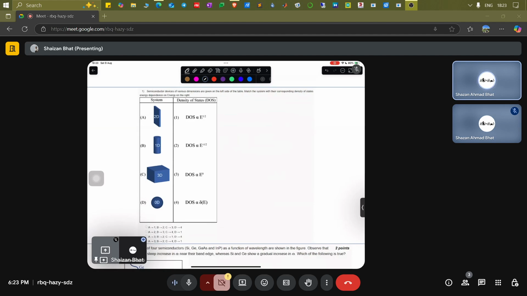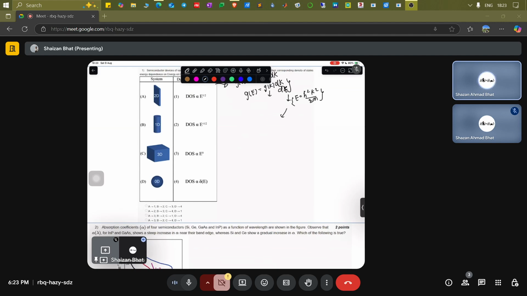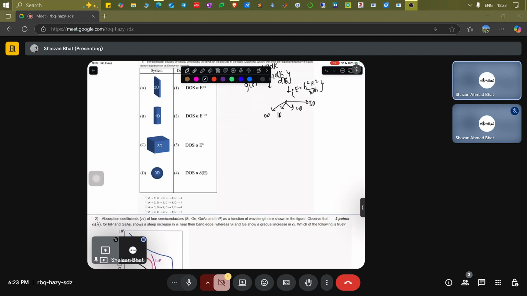If we talk about semiconductor devices in various dimensions, we need to match the density of states, which we have shown that you can write density of states GD to be equivalent to GK dk. You can write then density of states in E to be equivalent to GK dk over dE. GK you can find out, and dk over dE you can find out because you know E is equal to h bar square k square divided by 2m. Similarly, doing this exercise for 1D, 2D, 3D, and 0D systems, you can obtain the corresponding density of states. And how do they look?